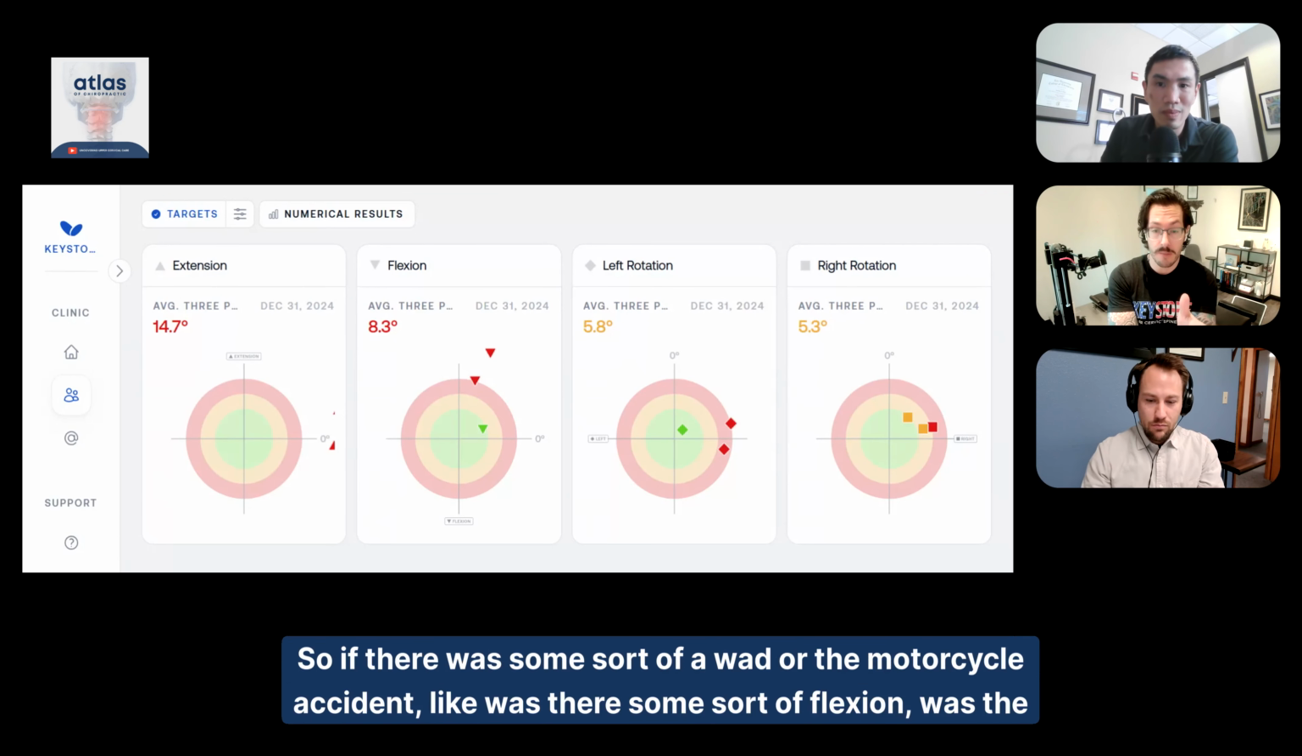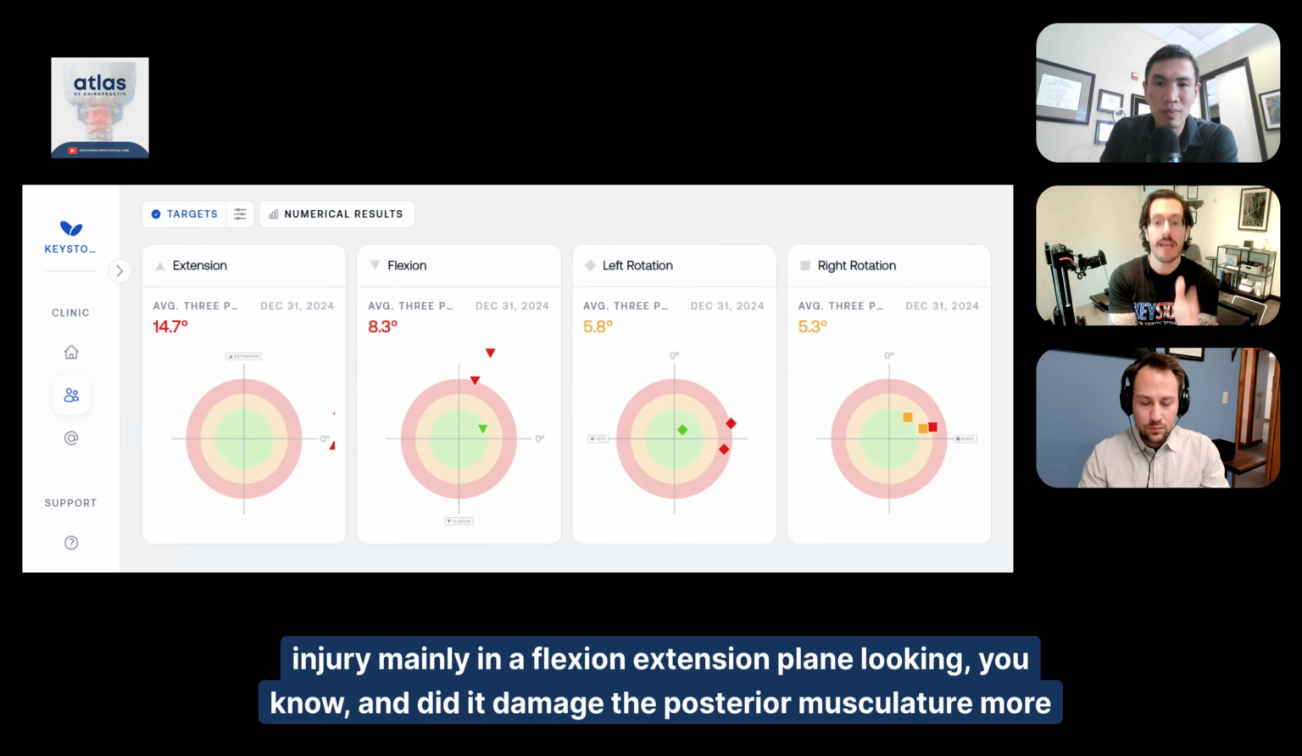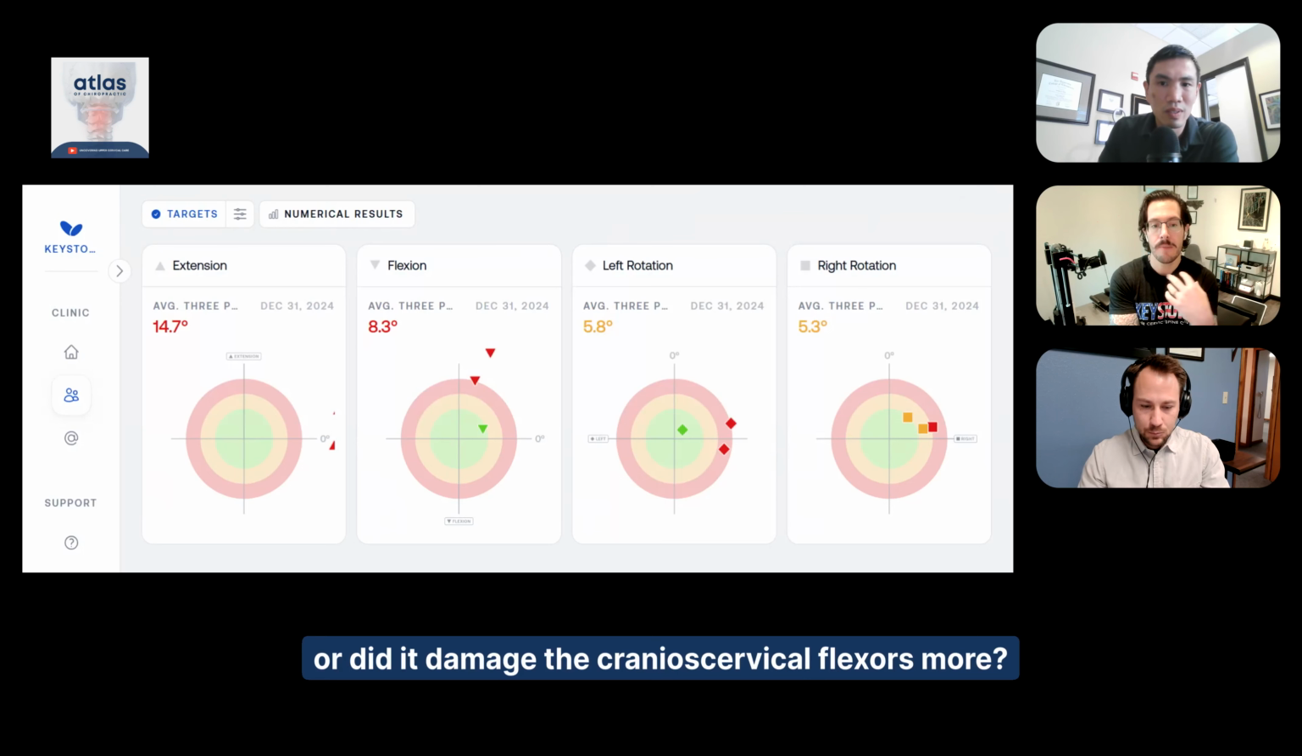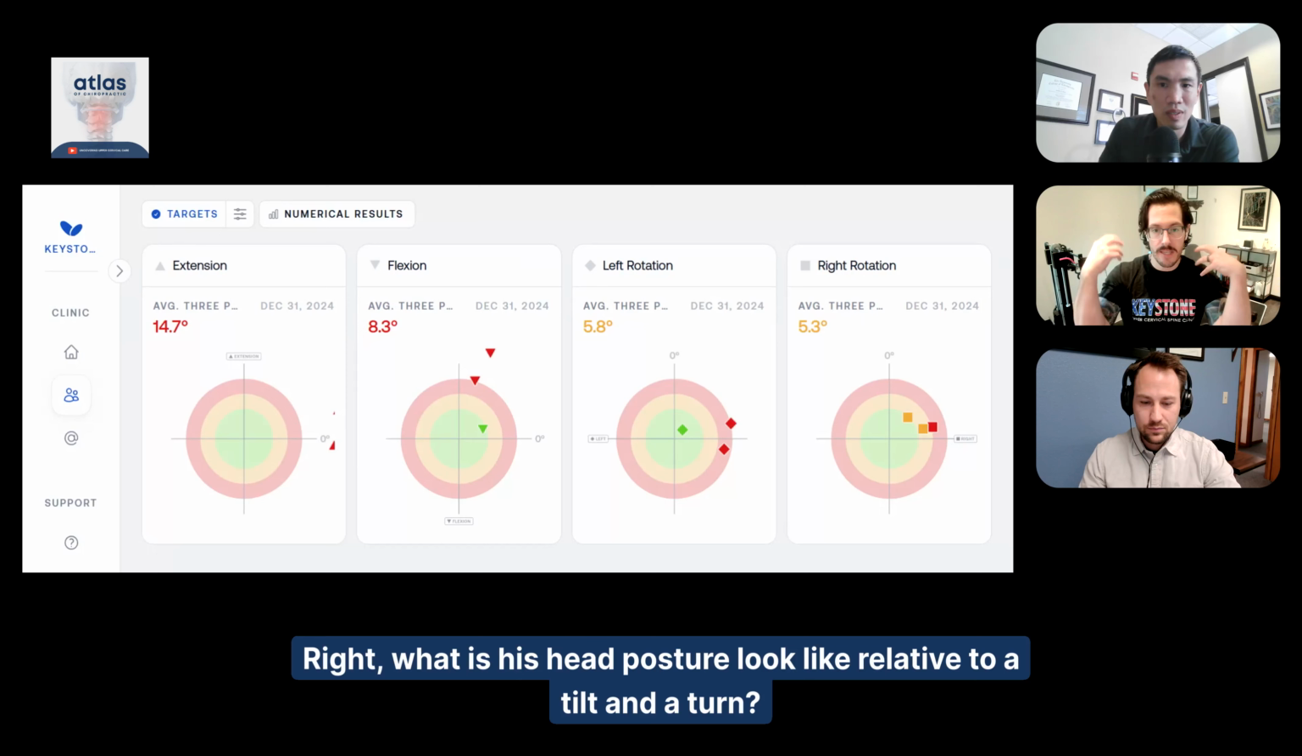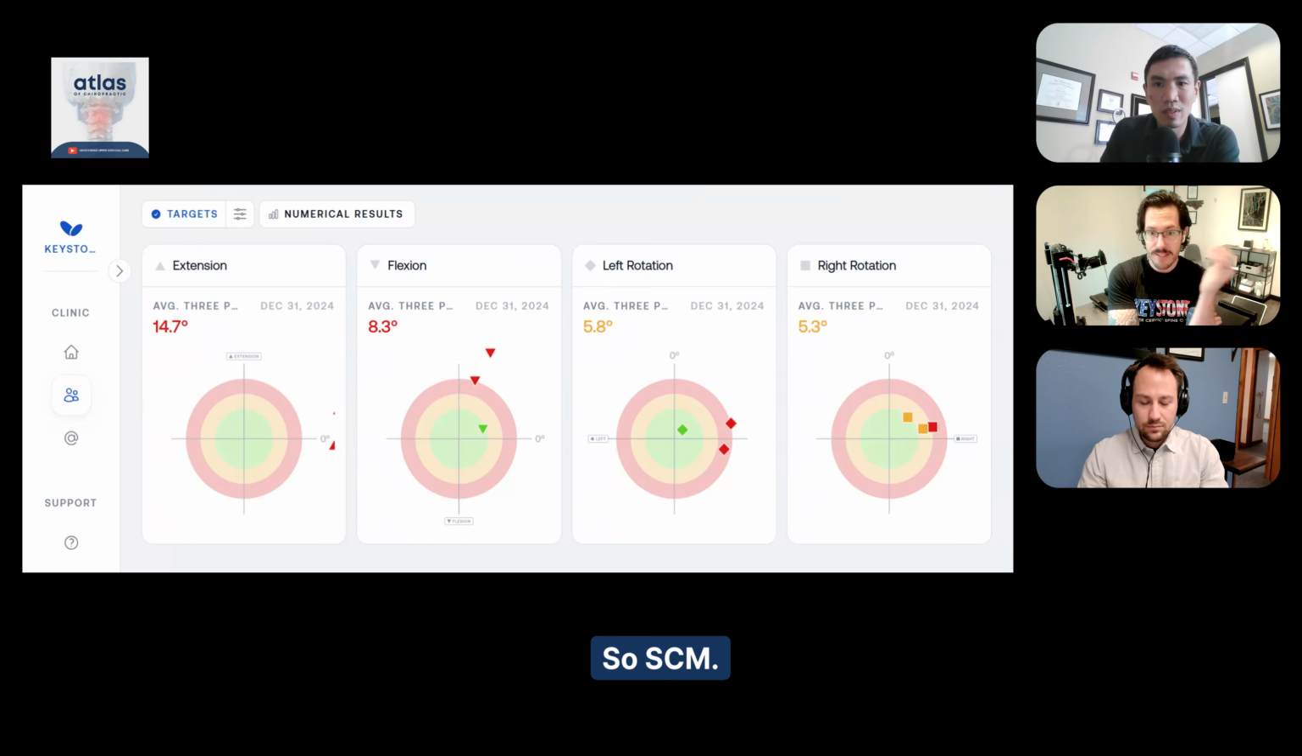So if there was some sort of WOD or the motorcycle accident, was there some sort of flexion? Was the injury mainly in a flexion extension plane? Did it damage the posterior musculature more, or did it damage the craniocervical flexors more? What does his head posture look like relative to a tilt and a turn? So SCM,